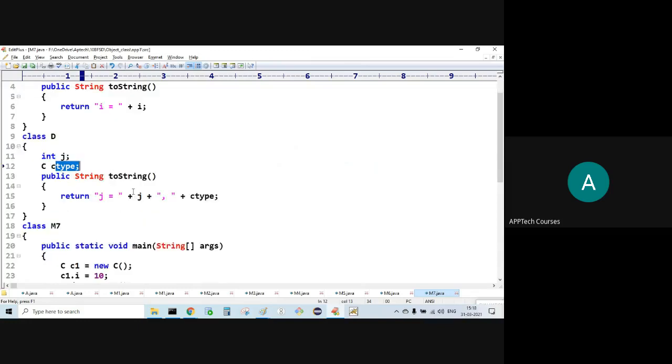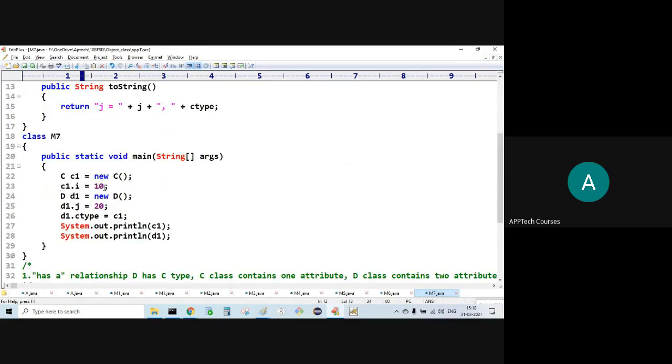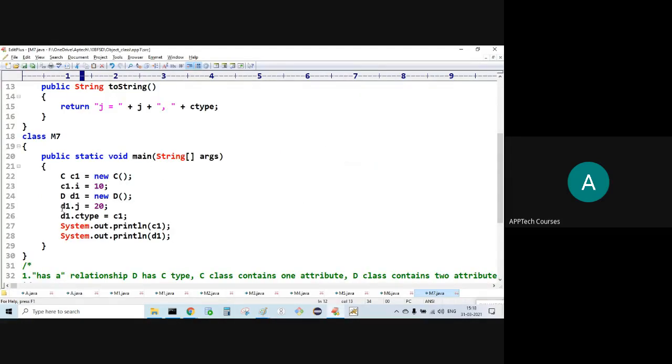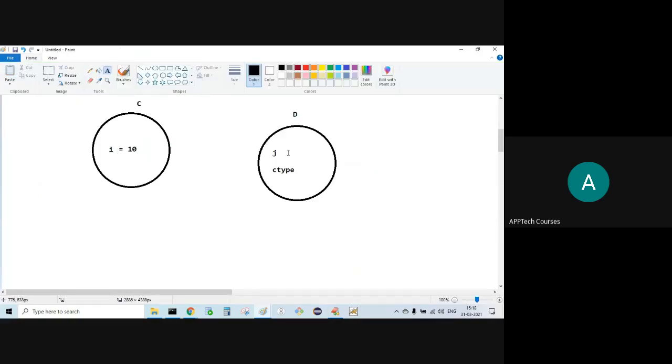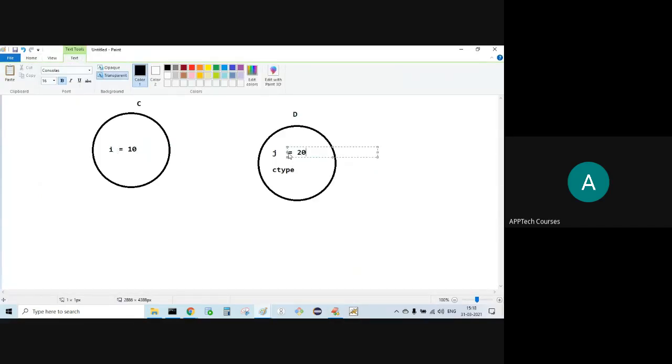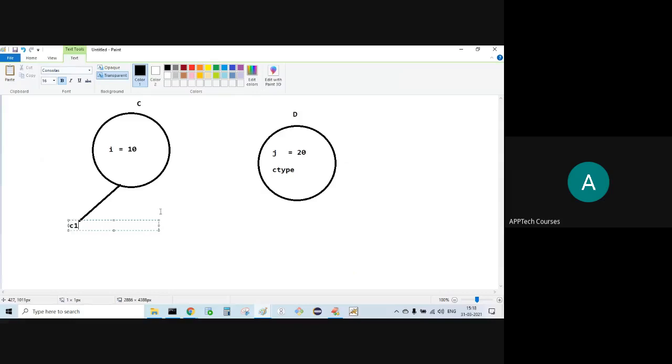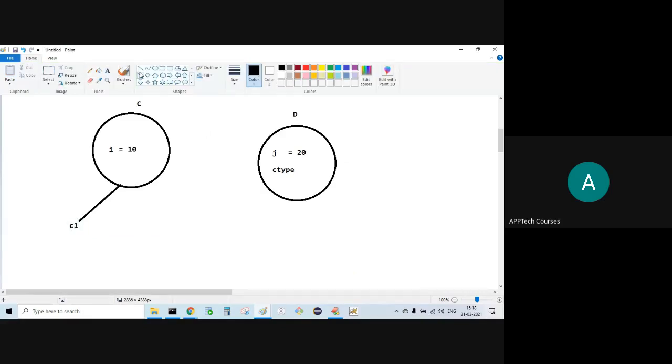Now, C1 dot I is equal to 10. Then D1 dot J is equal to 20. For the C object, C1 is pointing. For this D object, D1 is pointing.